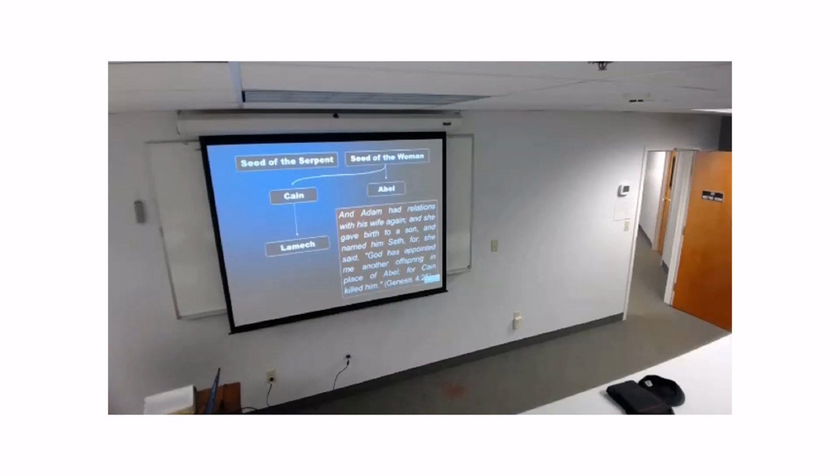As we just heard, there is a separation from God and from the truth of God that happens in the ungodly line. Whereas in the godly line, in Abel's case, he came to worship God as God had appointed. And then in verse 25, Adam had relations with his wife again after Abel's death, and she bore him a son, Seth, because here is someone to take the place of Abel, and he will continue the godly line after him. And so the term "another offspring" in the Hebrew is literally "another seed."